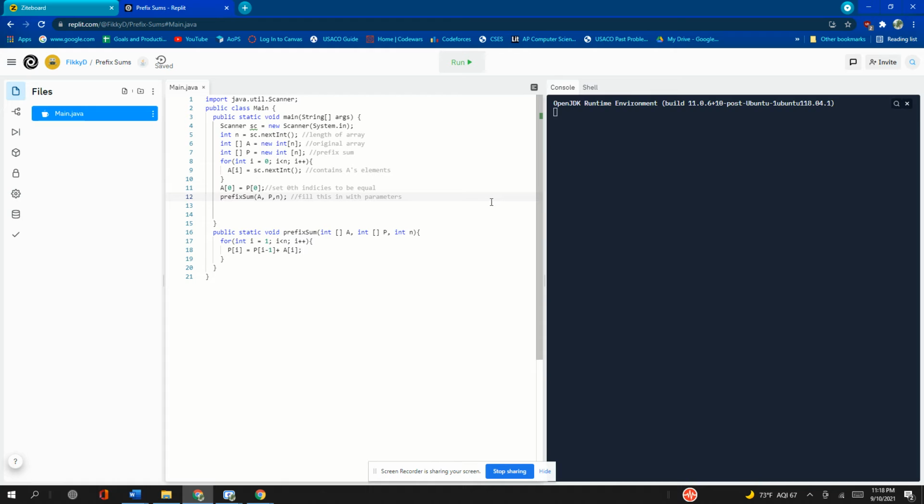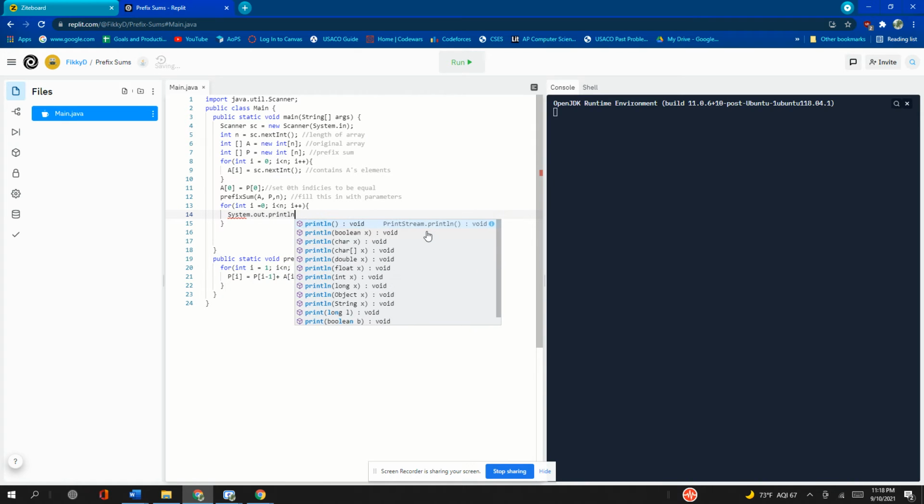So fill it in with parameters, and then we want to print out all the possible prefix sums. The prefix sums are going to be from I to n, I plus 1, and we want to print out system dot out print, and I actually want to print them on the same line. So we're going to say prefix sums are